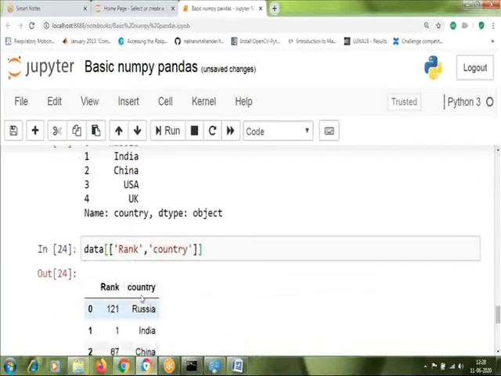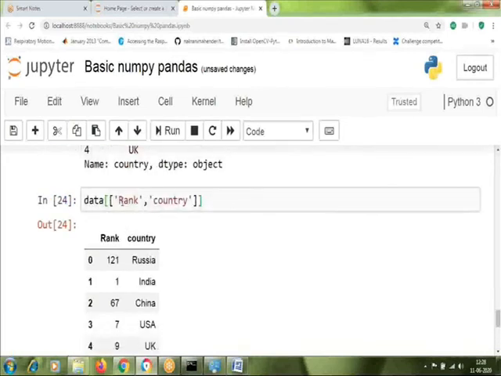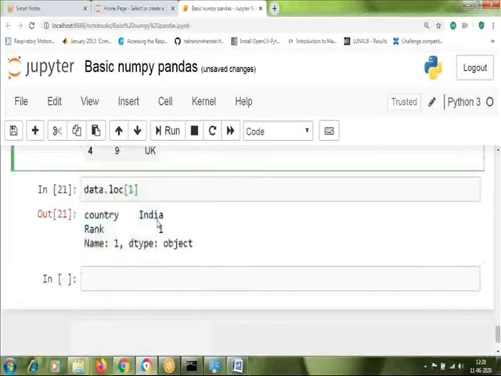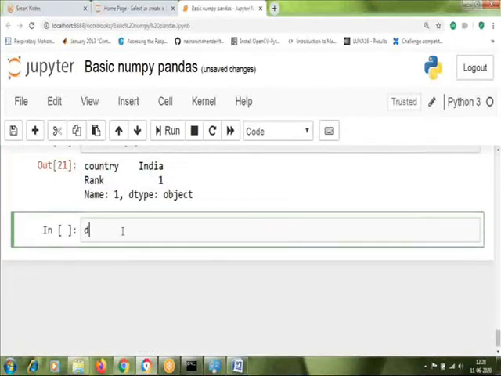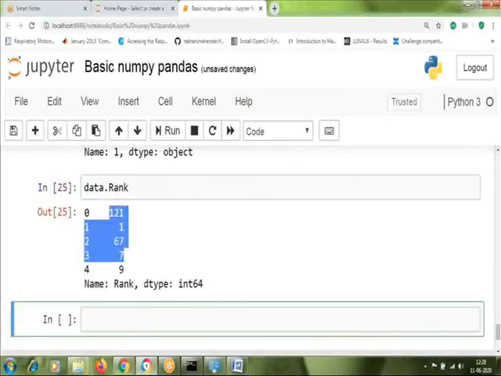So it will select multiple columns together, not just a single column. Or you can use another notation, if you want to select just a single column, like dot. If you just say dot rank, then also it will select that particular column only.